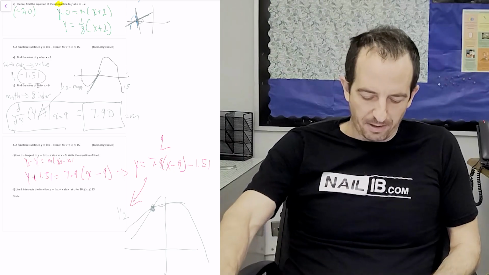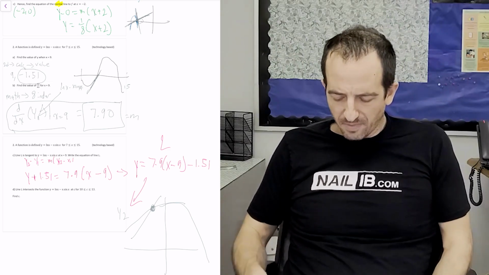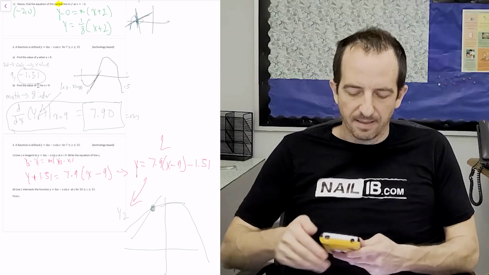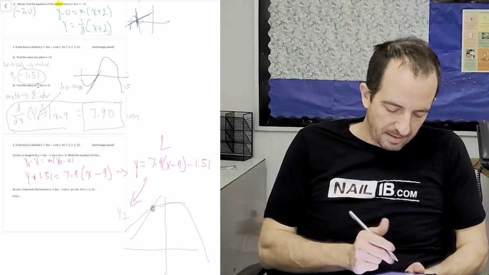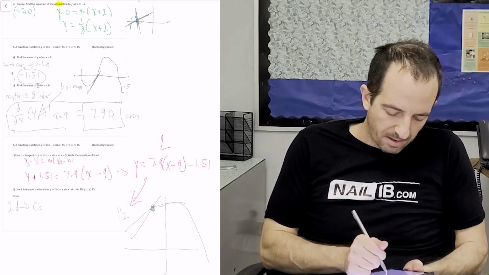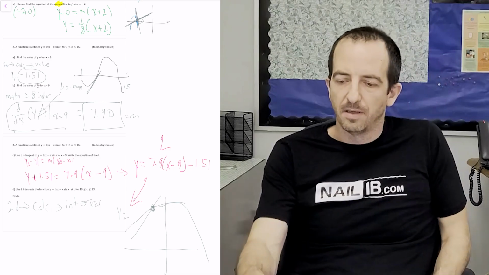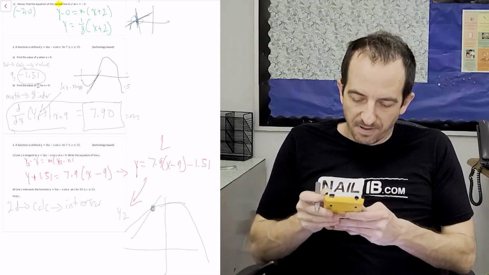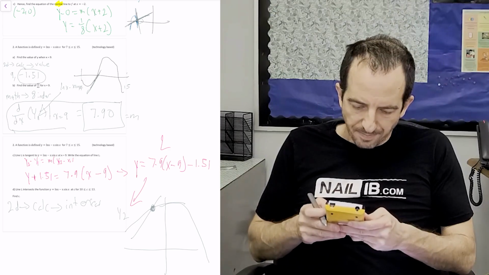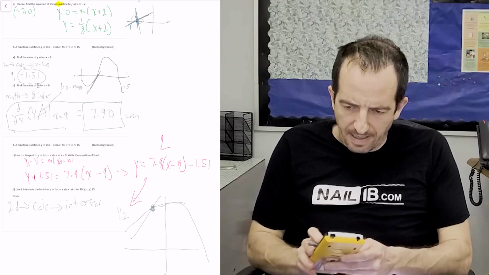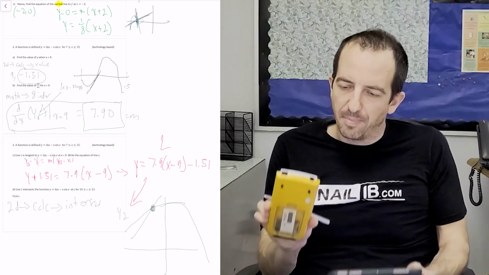So how do we figure out that particular point? We already have y1 is equal to the curve, y2 is that straight line. When do they intersect? I go to second, calculate, intersect option, which is number 5. So I would be typing second, calc, intersect. Now it asks me for the first curve, my second curve, and a guess, and it tells me after my guess that I'm intersecting at the point